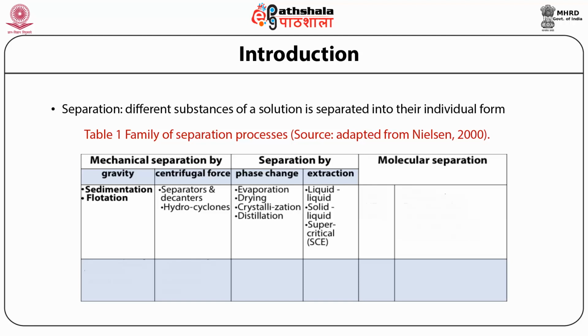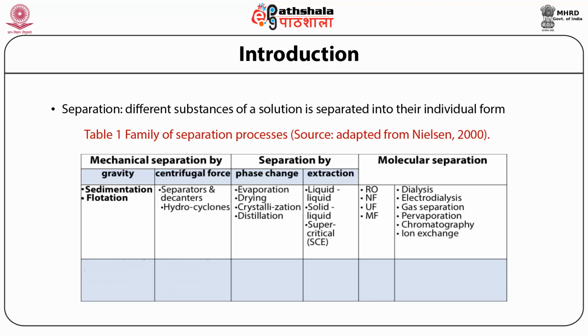Now coming to the molecular separation. Molecular separation means we are going towards this micron size, and we already know that membrane separation is usually conducted when the particle size is less than 10 micron. Under this, four membrane separation processes are used, namely reverse osmosis, nanofiltration, ultrafiltration and microfiltration, and these are all known as pressure driven separation systems, which are mainly used in the dairy industry. And next are dialysis, electrodialysis, gas separation, pervaporation, chromatography and ion exchange.